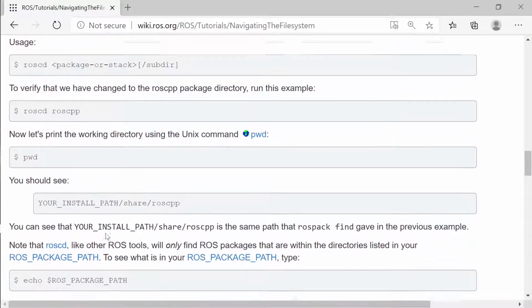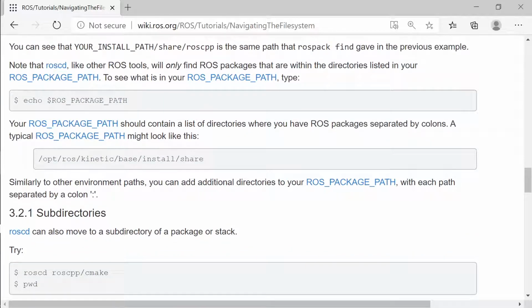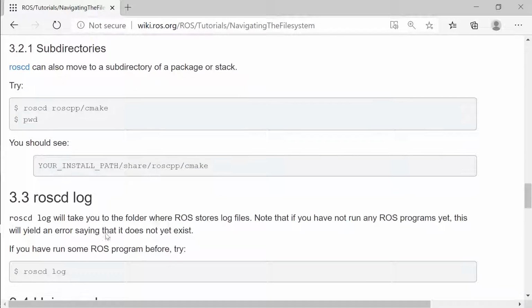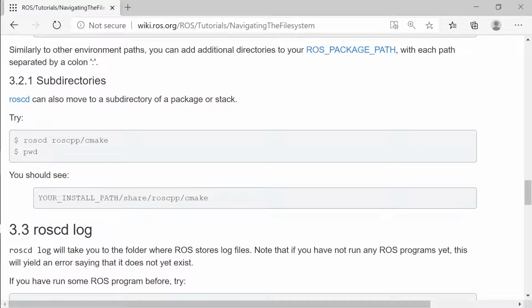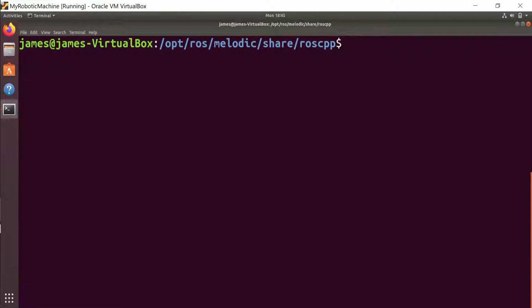Okay, what is the next command? You can even go to the cmake folder using the cd command. Let's clear the screen, and let's say we are in the root folder.